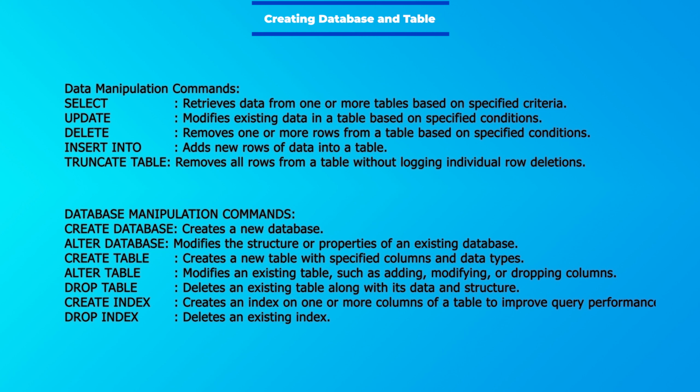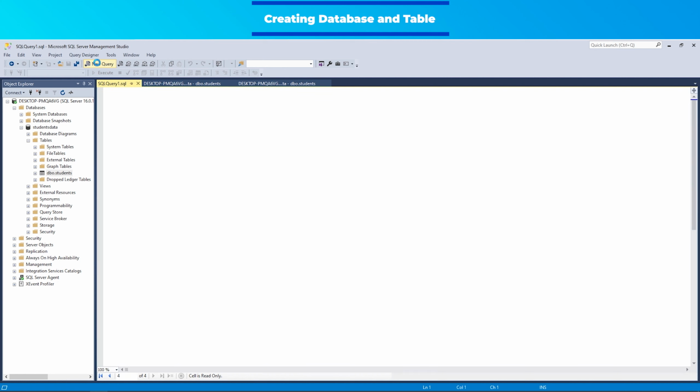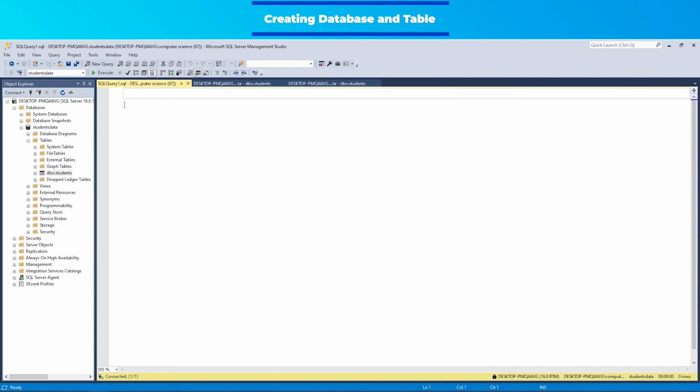Now we will start creating our first SQL codes. You can click on the new query in SSMS to view the area where we will write SQL codes. In the new window that opens, we will write SQL queries to perform our searches. Before moving on to basic query operations, I need to have larger datasets, so I am adding the existing data I have to the database. I will share this data with you via the link below the video so that you can also add them and perform the same querying operation as me.